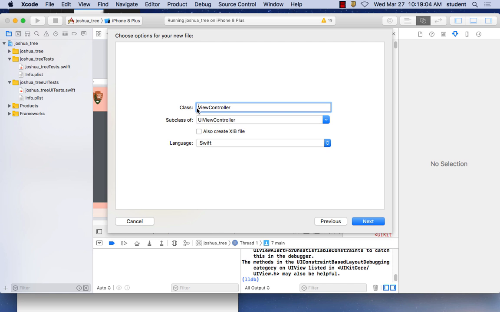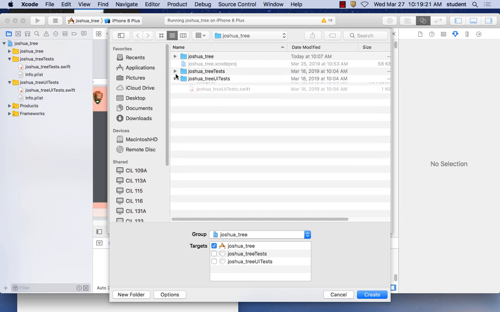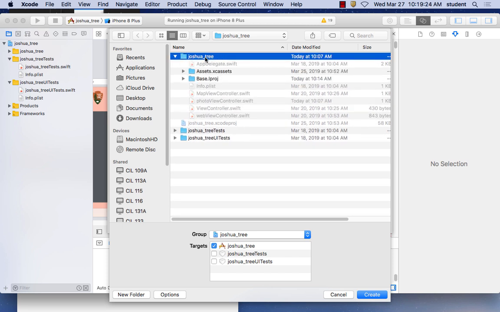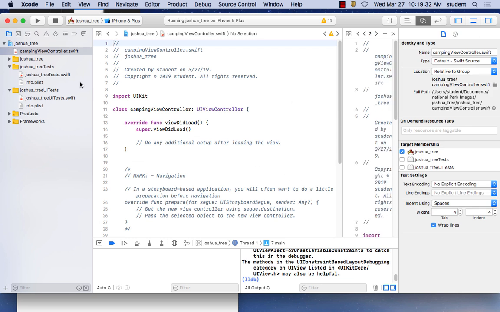Give it a name. What are we doing? We're doing camping, right? I'm going to call it Camping View Controller. And it's going to be a UI View Controller. And we can put it with the rest of our Swift files, in the Joshua tree right here, with the other view controllers. And then once we made it, we got to go back to our